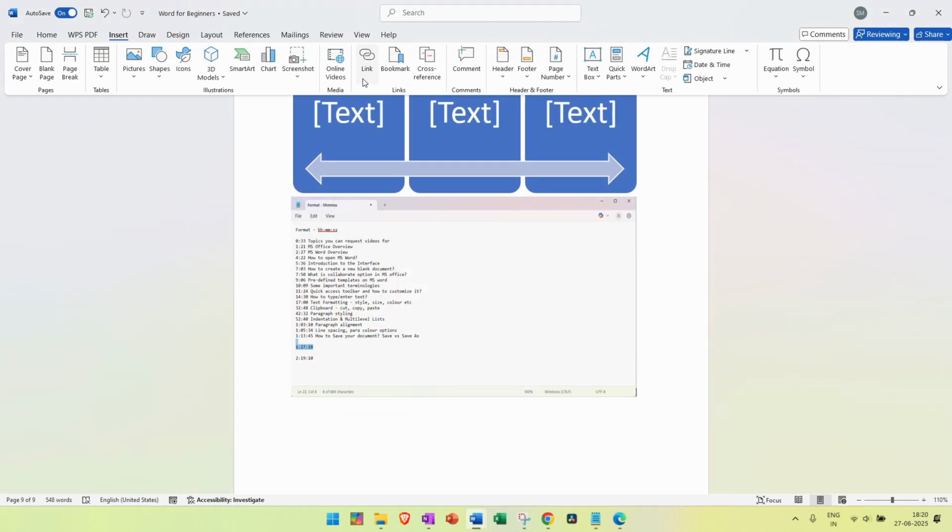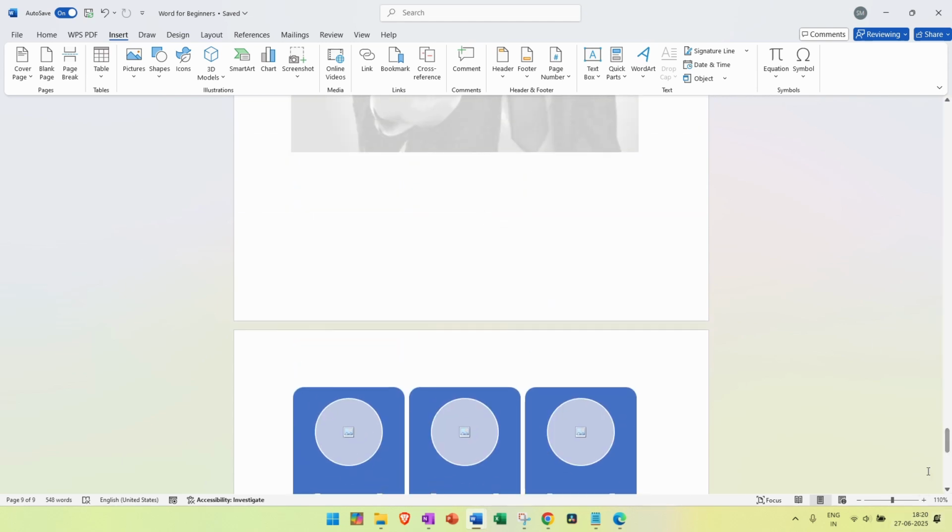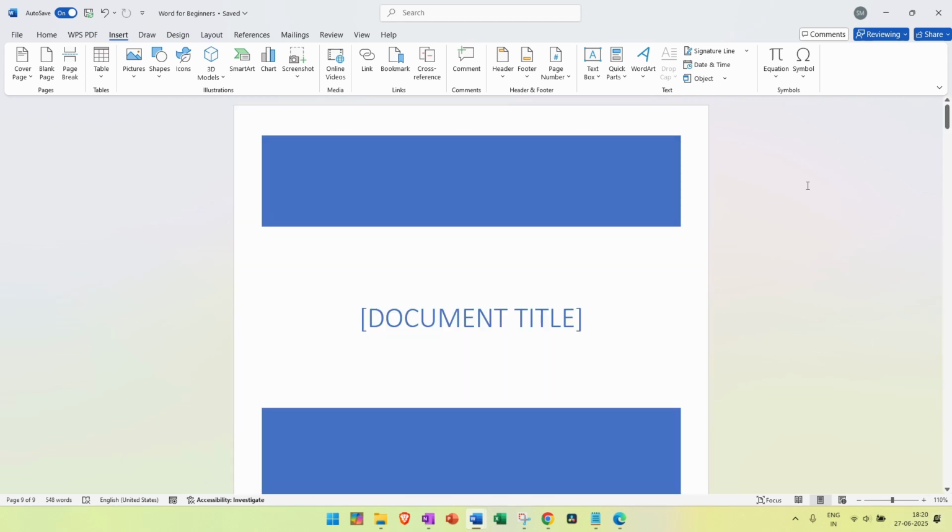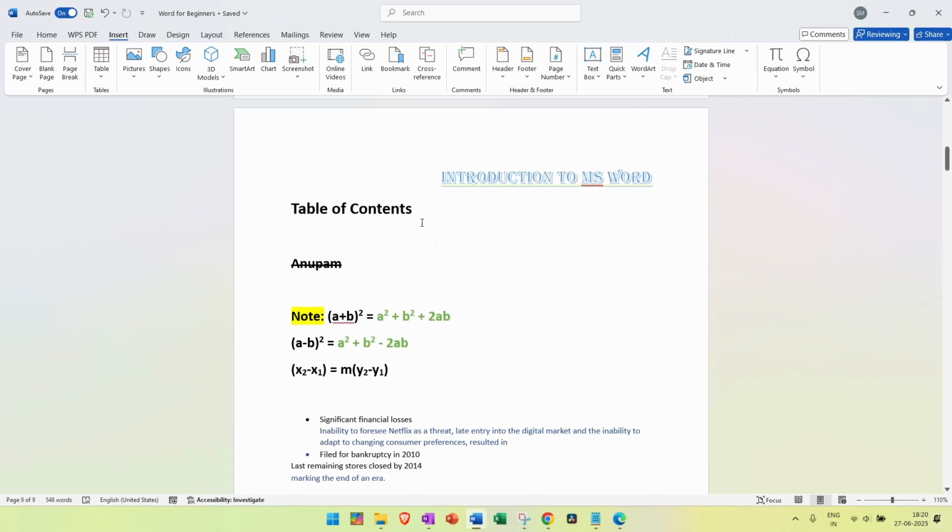And the next thing is basically a link. So this is something that is important and useful. And how you use this is, for example, let's say on my table of contents or somewhere, I want to attach this. This is basically hyperlinking. So hyperlinking is when I put my cursor here right now, it is not taking me to any specific link. But if I want to link this area to a certain other part, for example, I want to link the table of